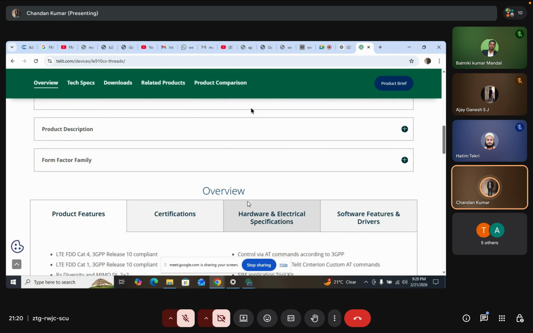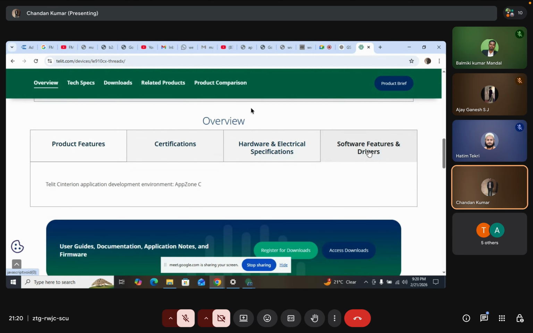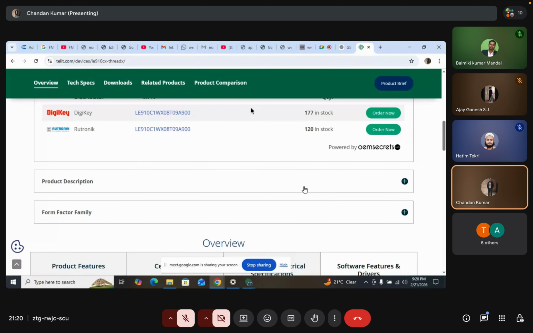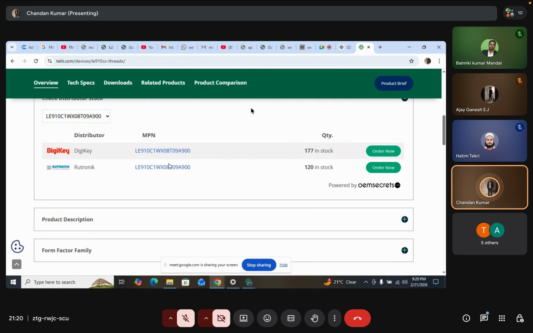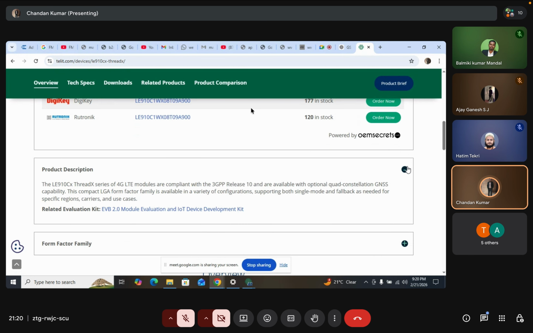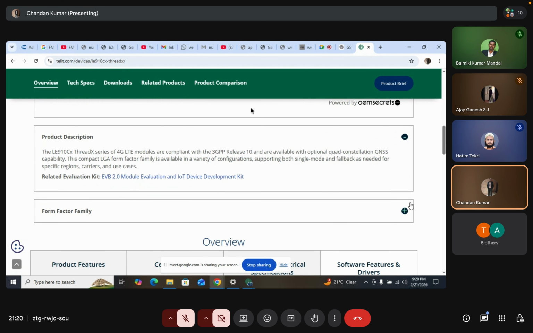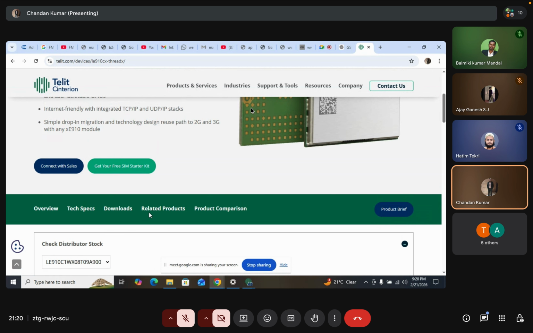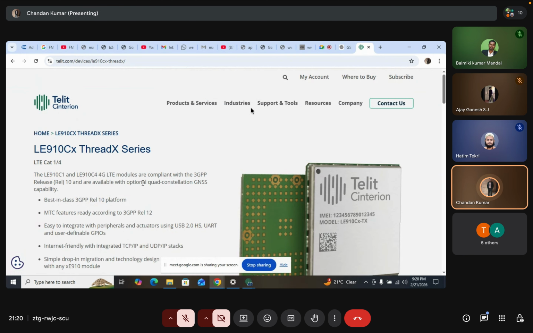I have already explained it. Here you can see which types of Telit LE910 series are available. Product description you can get from here. Here you can get an overview of it. Now for downloading its